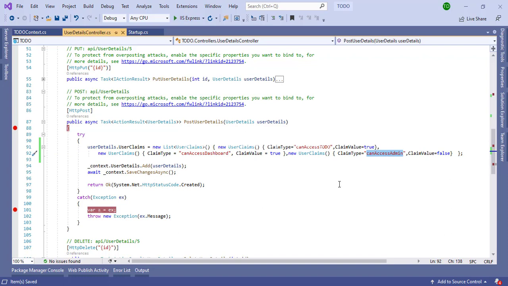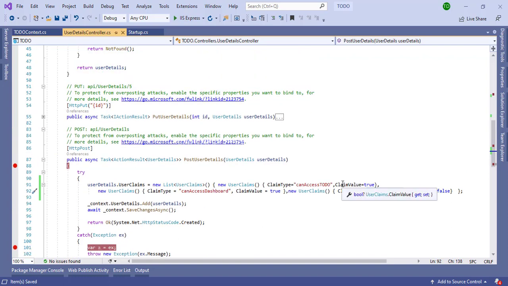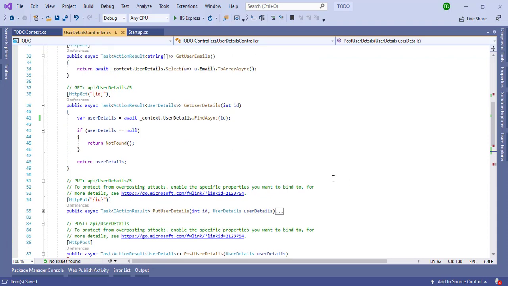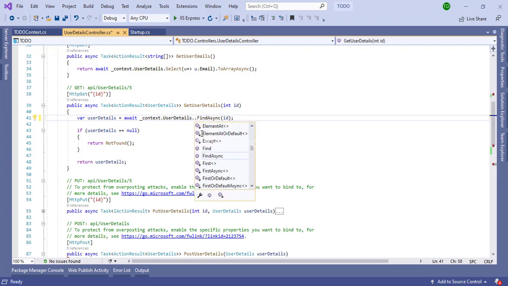One more change I am going to make is in this method, which gets user details by ID. We need to include our user claim table here so that we can get the values of our user claim table.